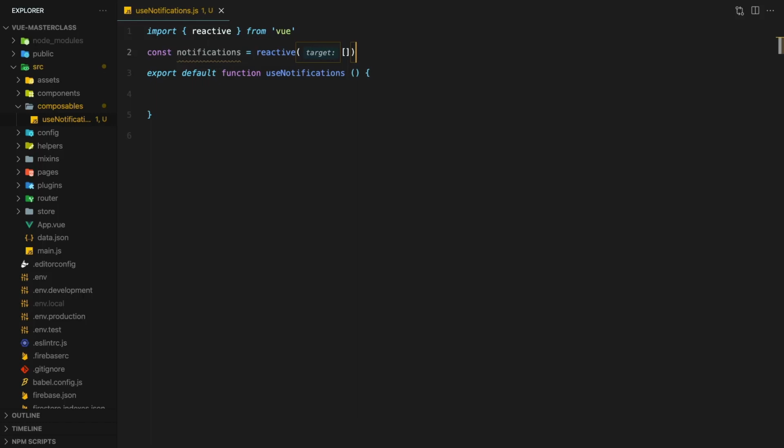Calling reactive here is similar to defining reactive data in a component, except that we're not tied to any particular component. Pretty cool. Now we must expose the notifications to the components using the composable by returning it from the useNotifications function.